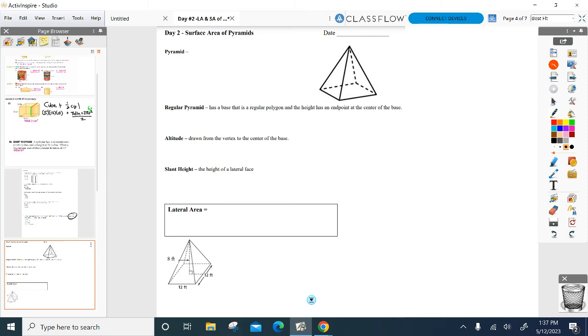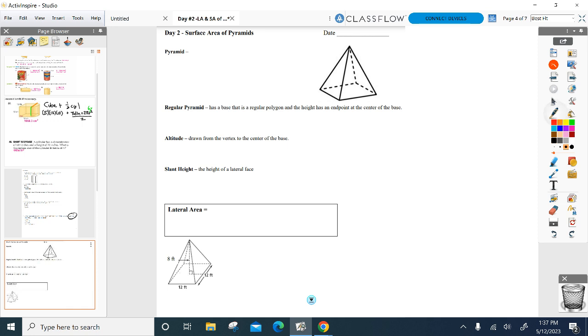All right, yesterday, prisms. You answered this question already. How many bases on a prism? 2, right? Today, though, when we talk pyramids, 1 base. That's it, 1 base. And I will let you know that anytime we deal with a pyramid, it will be regular,